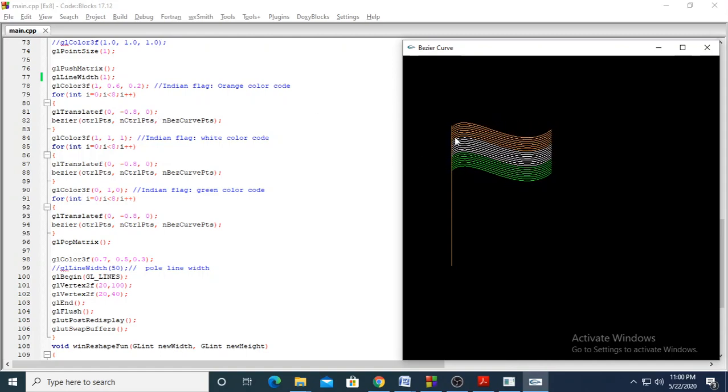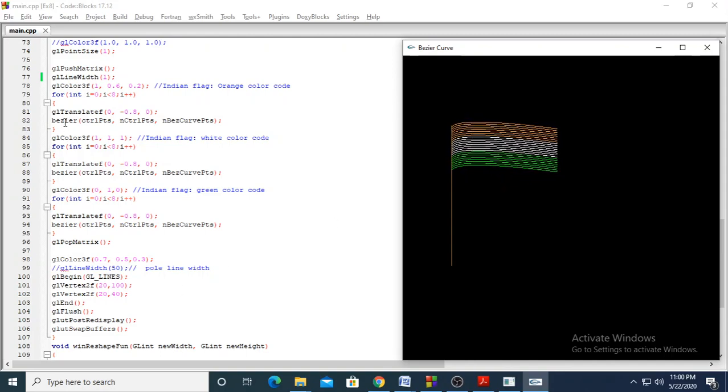There is some distance between each curve, you can see, and that is this value. After drawing the first curve, we are translating on the minus y side. Means you are starting here, then moving up, moving up, moving up. That is minus y, so 0, 0 minus 0.80, on the y side. So 8 times these 8 lines are drawn. Actually in a stack, first the green color curves are drawn, then white color curves, then orange color curves. After completing this, you will get this many curves.